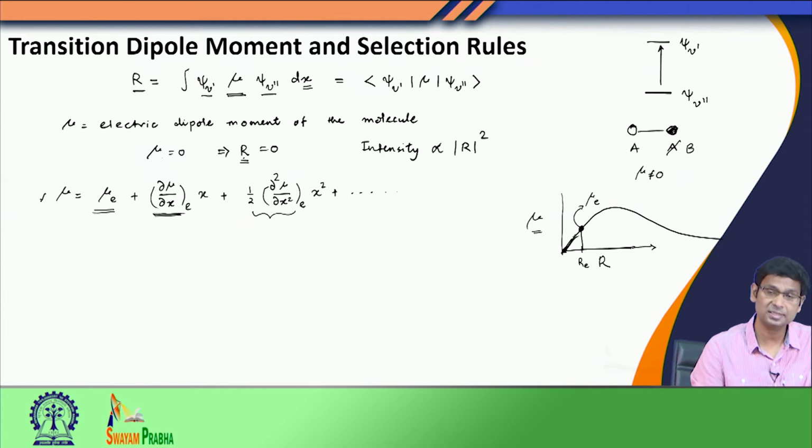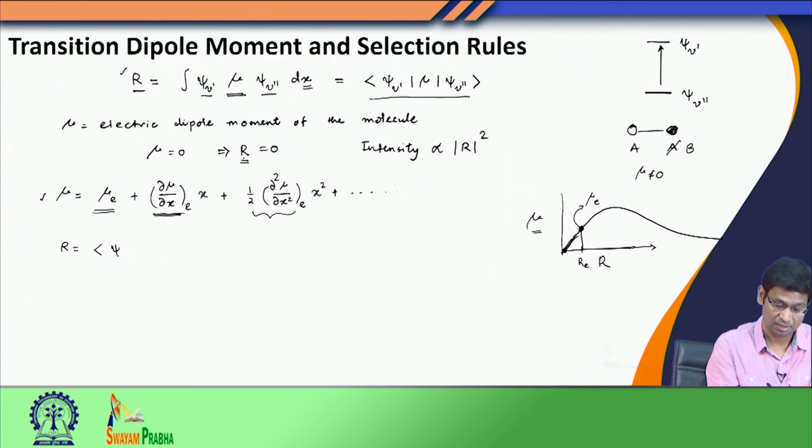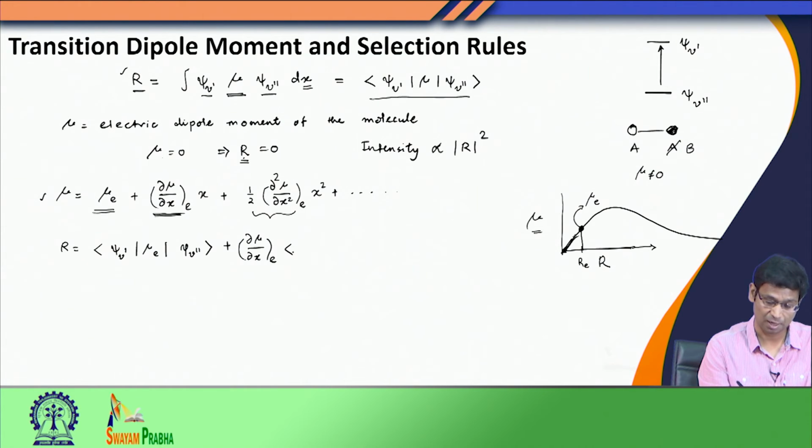But what do I do with this dipole moment? This dipole moment is responsible for taking my system from psi v double prime to psi v prime. To do that, let me go back to the transition dipole moment expression. So, I have this r, which is given as this term here. Now, let me put psi v prime mu e psi v double prime plus, since this is going to be a slope, this is a constant for a particular molecular system. So, I am keeping this out of the integral,